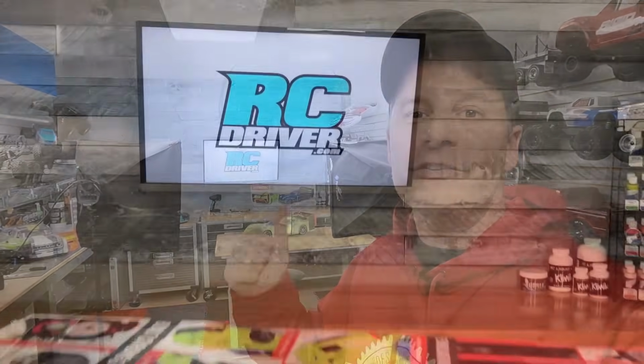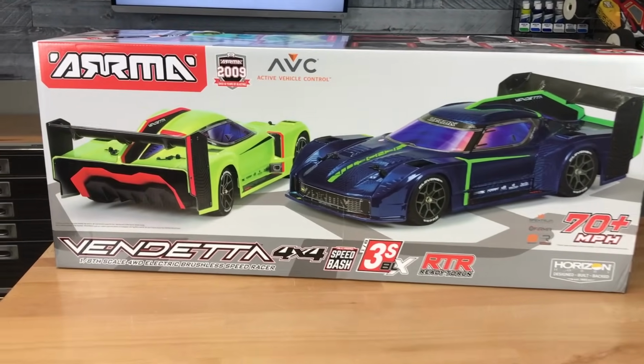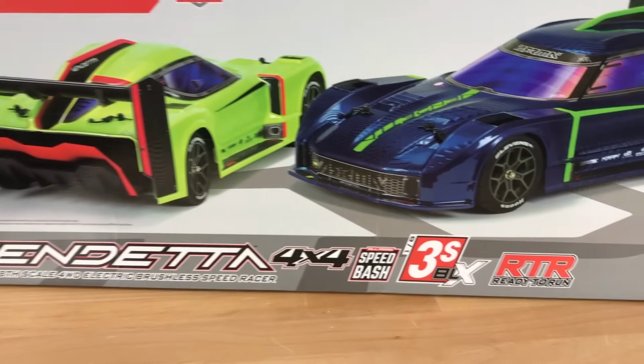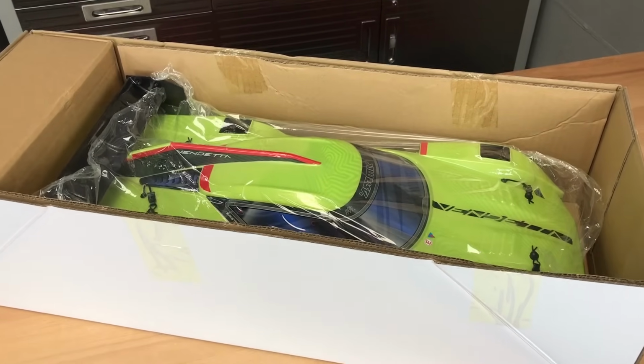You're in for something really special today, RC drivers. Over there, under the lights on the workbench is the Arrma Vendetta 4x4 3S BLX Speed Basher. This thing is gonna be so much fun to drive, and I know this because I've already reviewed the Infraction 4x4 and I had an absolute blast with it. So let's head over to the workbench and I'm gonna tell you what's different about this model and why it's